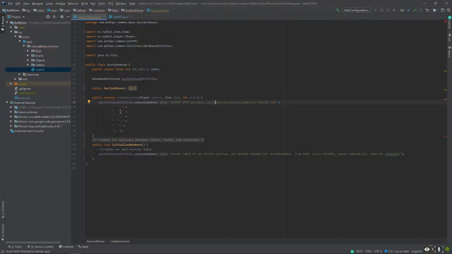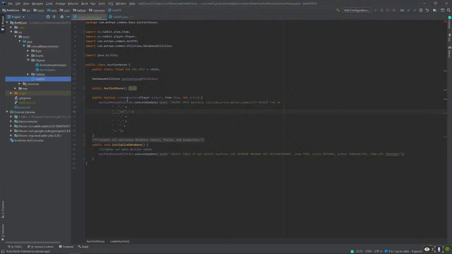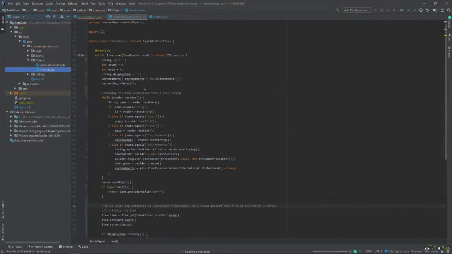So the item needs to be the item, so let's add 2 of these. So let's do item or objects, so item adapter. Do I take a new item?